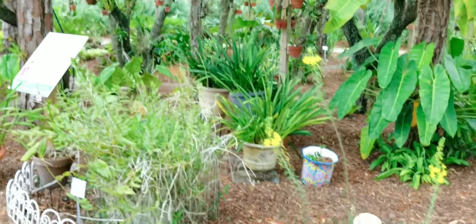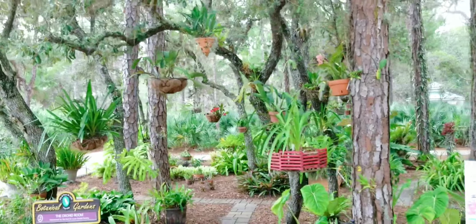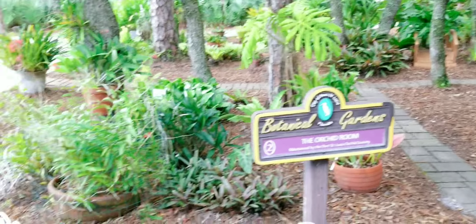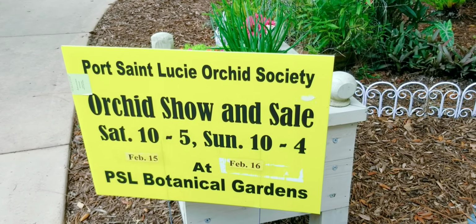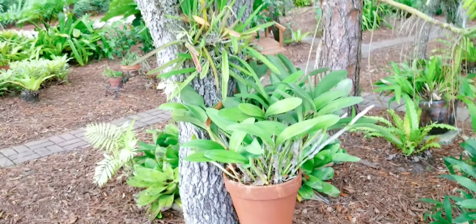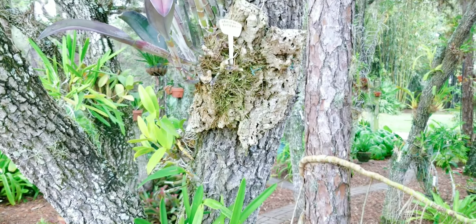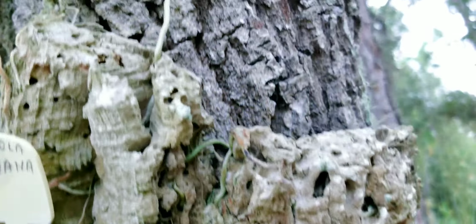And now we found something very interesting. It is called the Orchid Room. It's a section of the gardens that really reminds me of anybody's backyard. And we are here for this show. If you're in the area, please come over, see us, see the garden, and let me show you how they have these orchids growing. Now, this cattleya is on the stand, so this, can you please keep singing for a second? The Digbyana on a piece of cork and attached to the wood,